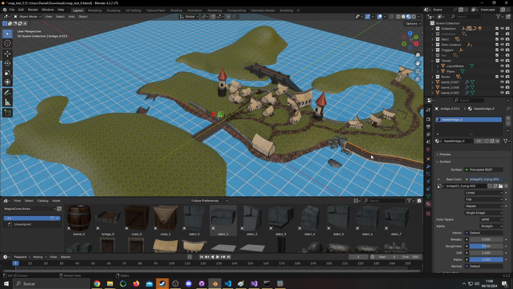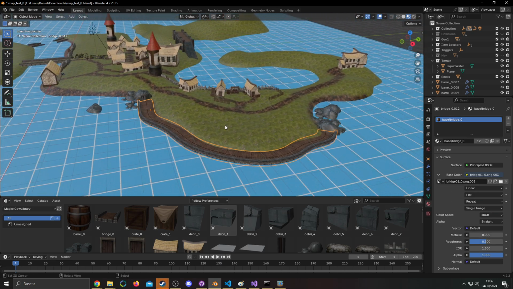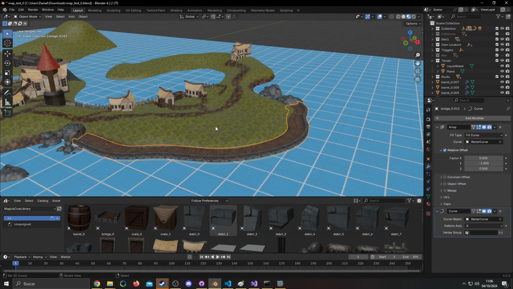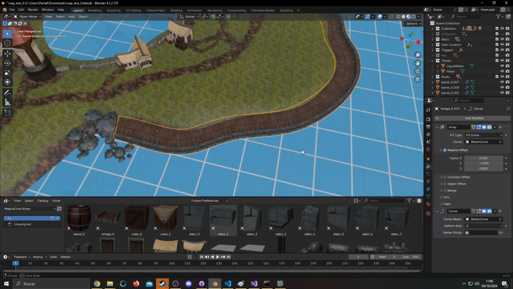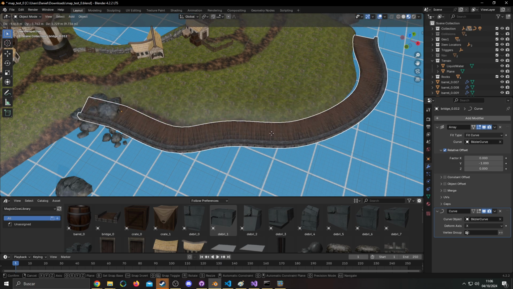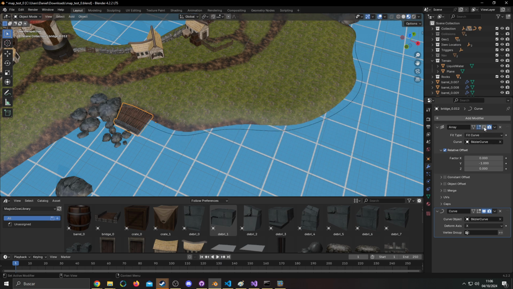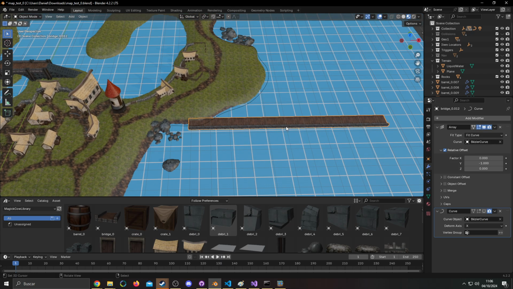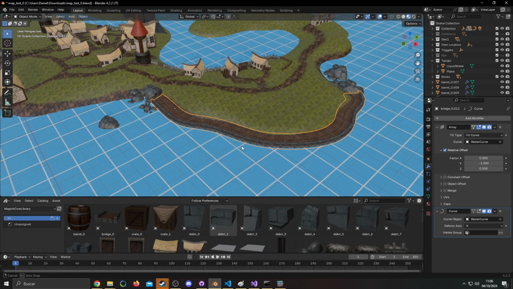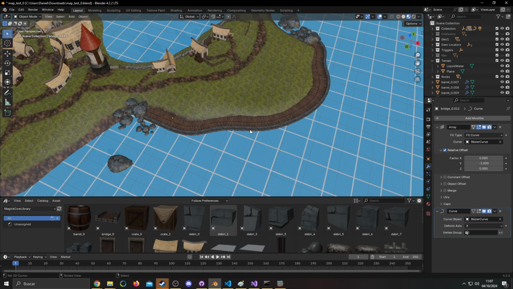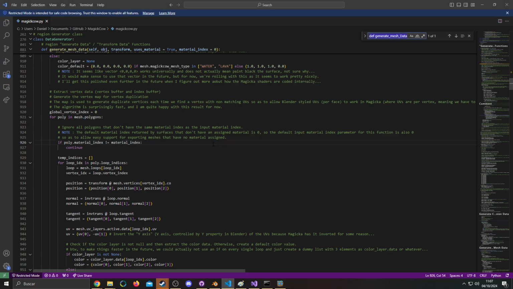Yeah, I could talk about something else. Another thing I've implemented is a system to apply modifiers. So this thing right here, you can see that it's a curve path that has a bunch of modifiers applied to it, an array modifier and a curve modifier, right? And these modifiers would not be exported by Blender automatically, and you would just export the mesh as is without anything. So if we go over to